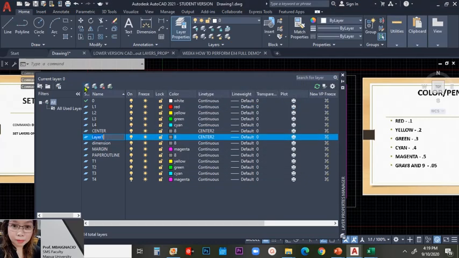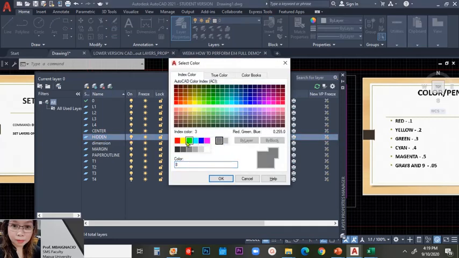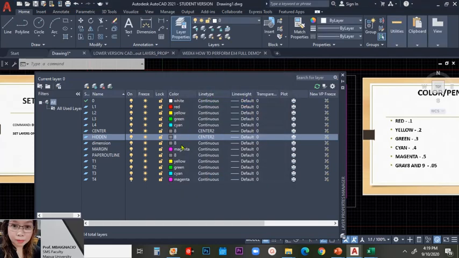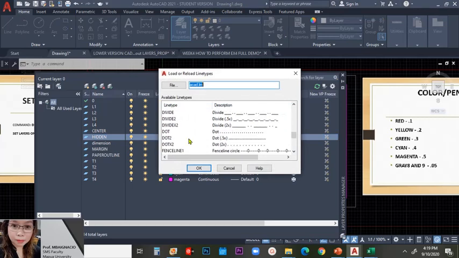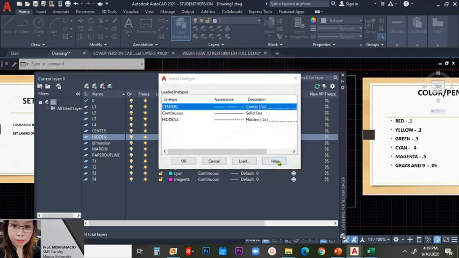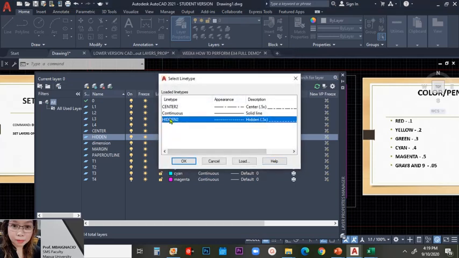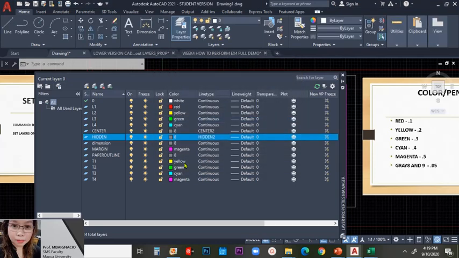And then next we have hidden. Hidden, also gray number 8. Then kindly select line type. Select from the preloaded, look for hidden 2. Then let's select hidden 2 here and click OK. So more or less that would be the standard